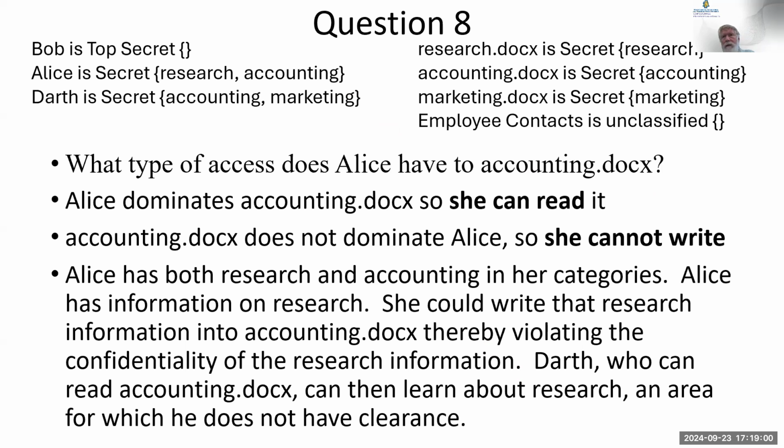Now, the TAs and I have been talking about the Bell-LaPadula model quite a bit. I'm trying to understand this. We know what it says in the book, but to tell you the honest truth, I'm not exactly sure what it means to write to an existing file in an upper level with the same category. We're not talking about editing it, because in order to edit a file, you have to be able to read and write it. If you created a new file, that's easy. It would have your category or higher category and all of the categories that you have.